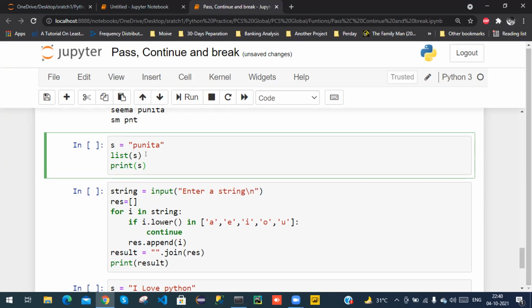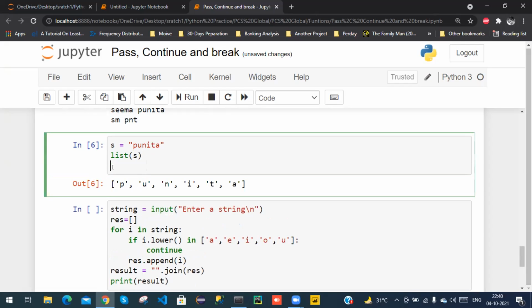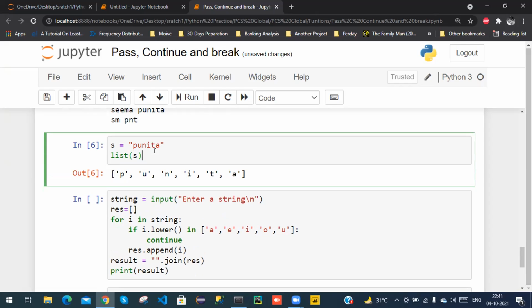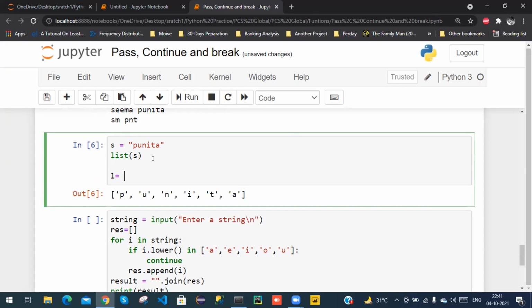It's a sequence of characters in a list, meaning there are only the characters P, U, N, I, T, L. Now it's a string to list. Using the join function, we convert a list to a string. Now just take one list L equal to